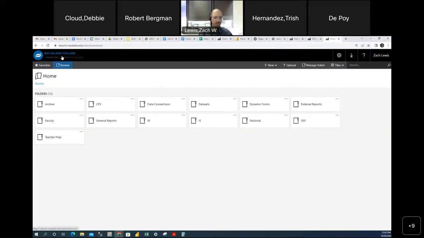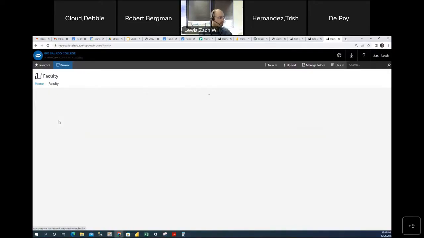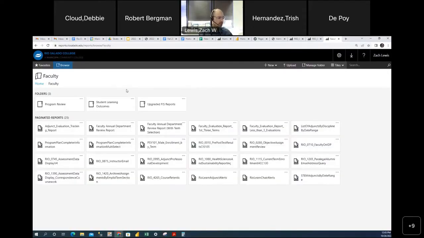When you navigate to the homepage here, there's a faculty folder specific to reports that are meant for faculty chairs and their designees. So you can come in here and there's a host of things available to you, things like reports that deal with faculty evaluations, so data that I think is tracked in FIS, et cetera, as well as some reports dealing with assessment of student learning. There are two reports in particular that I wanted to cover today,